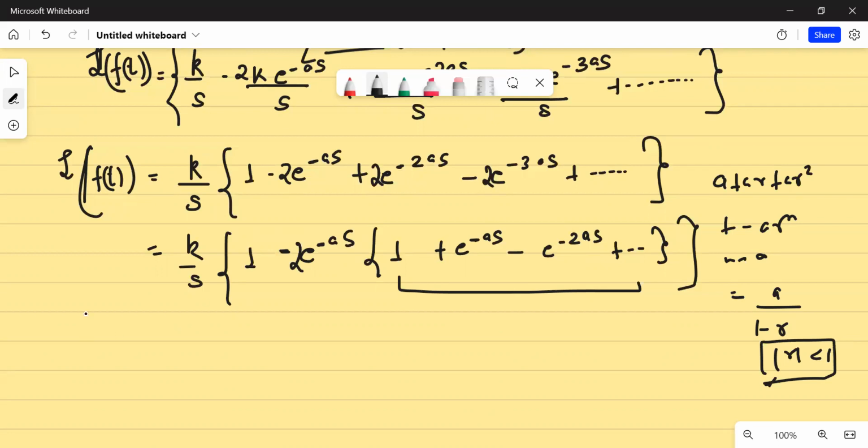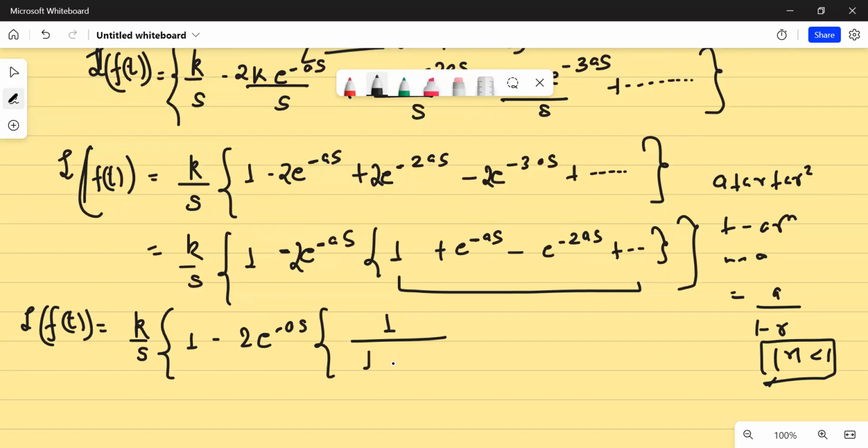So if you do that, the Laplace transform of f(t) would simply be equal to k by s, and this is 1 minus 2 e to the power minus as. This is a upon 1 minus r. What is r? e to the power minus, no, it will become plus, because 1 minus r is what, second,